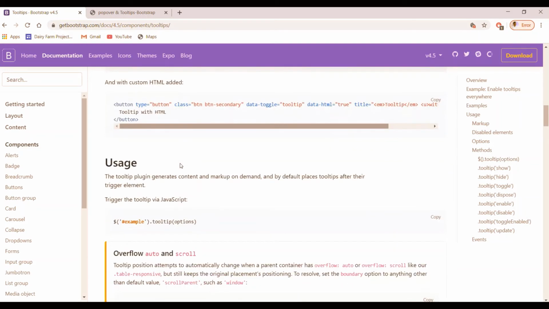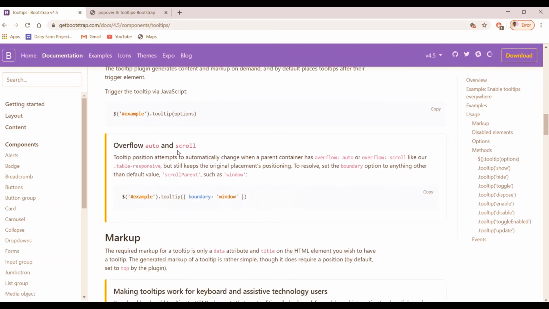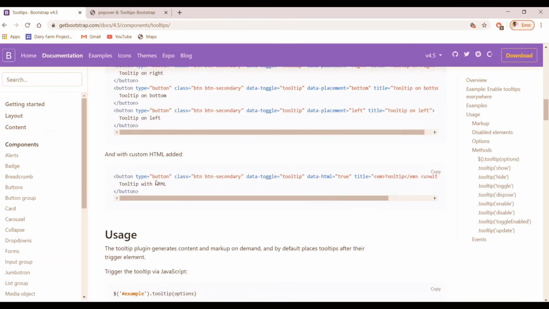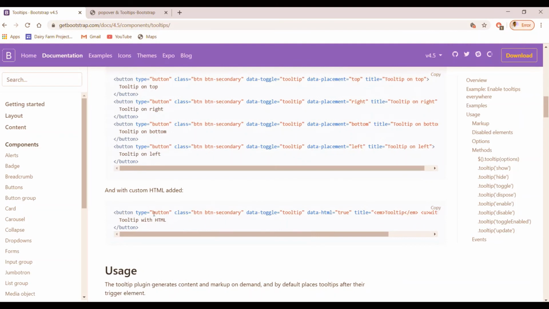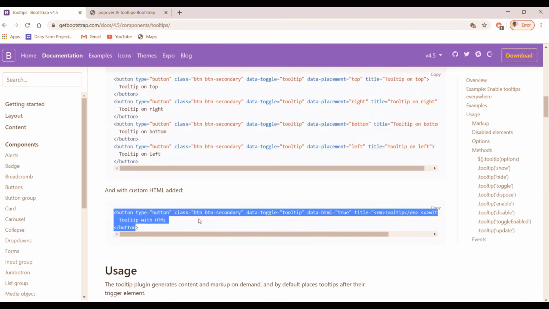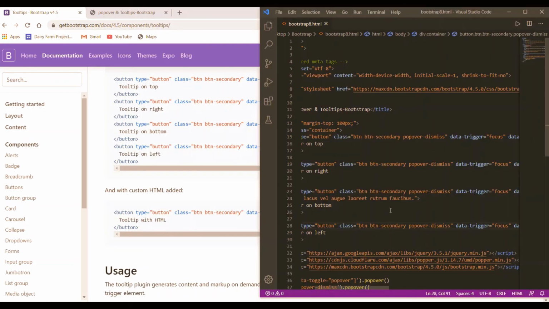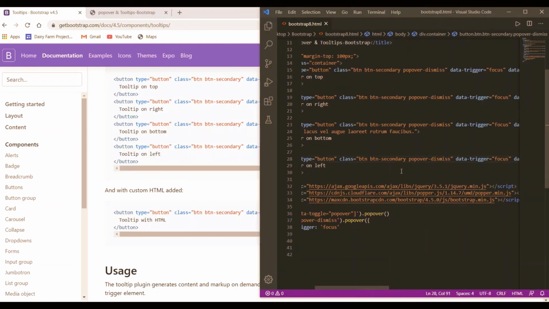So how we can include this? We just have to use this. Just copy this from here and we just paste this in our file.